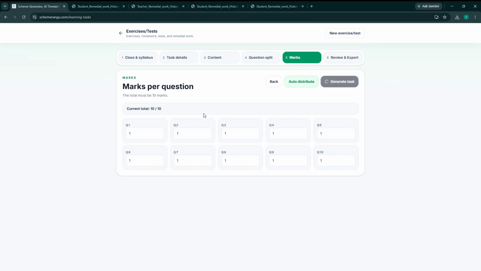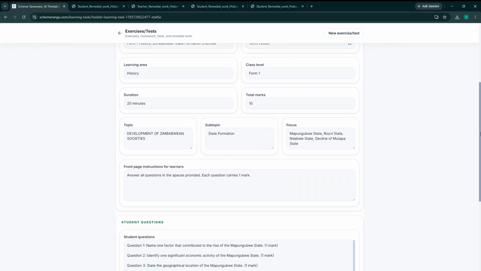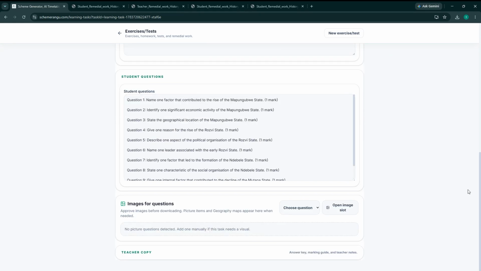So it's pretty much the same process, but the first one you're choosing from the lessons from your scheme, and then the second one you're just choosing the topics and the focus from the syllabus itself. And here it's just the same. If you want to add pictures, you use this part. You can edit this